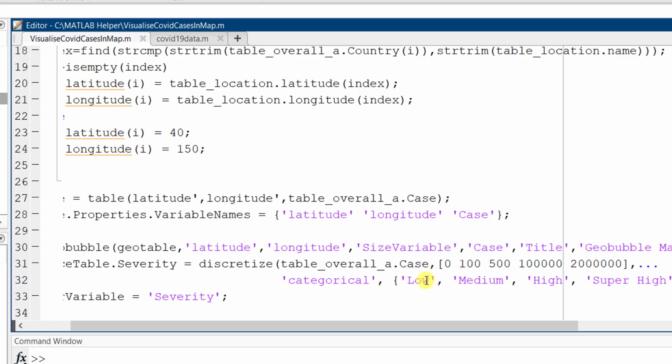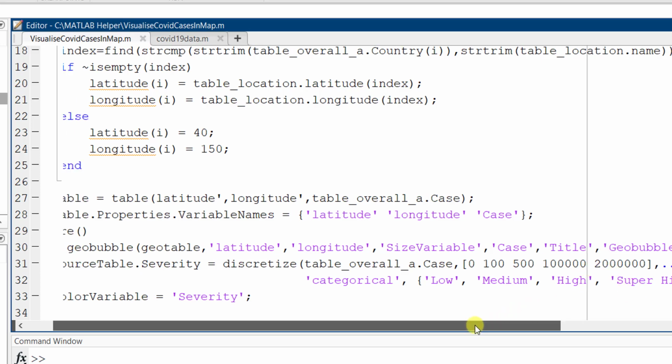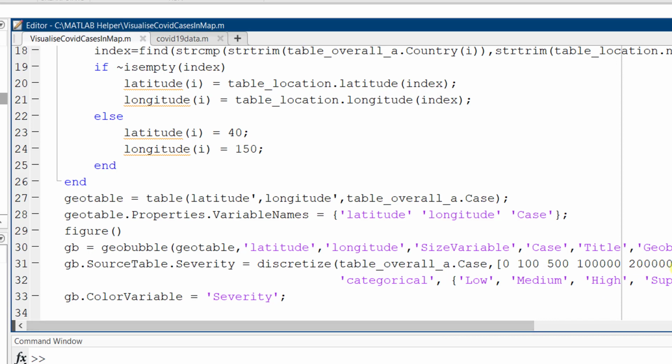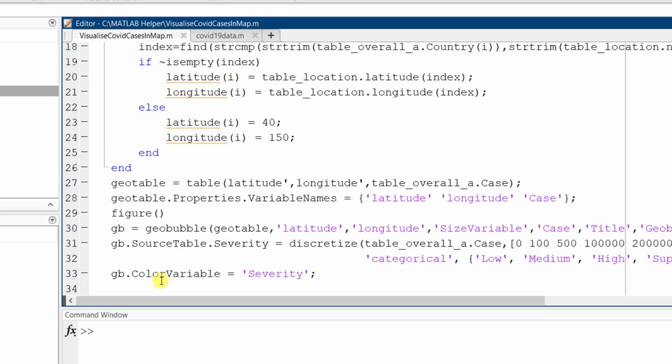So 0 to 100 will be low, 100 to 500 is medium, 500 to 1 lakh will be high, and 1 lakh to 20 lakh will be super high. In case the number of cases is more than 20 lakh, then we have not mentioned any category for that purpose. So if it is more than 20 lakh, it will be given as undefined. Now we are setting gb.color equal to severity. So that means we have defined the severity here, and the color should vary according to the severity.